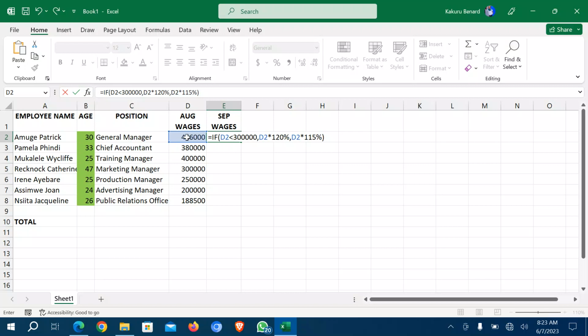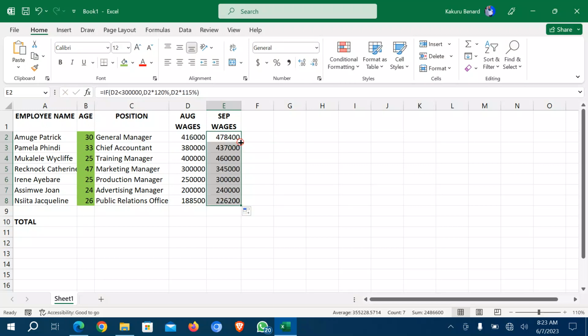If it was a reduction, you get 100 minus that percentage which was reduced. That's what you multiply with the figures. So here we are looking at the increase. So from there, I can press enter and then I fill. Okay, next